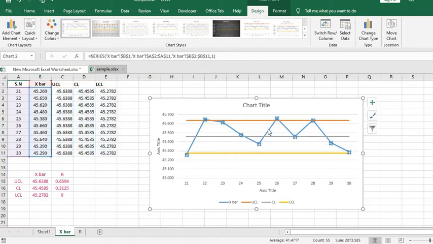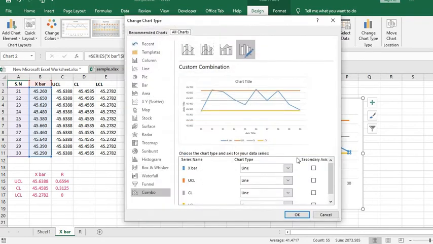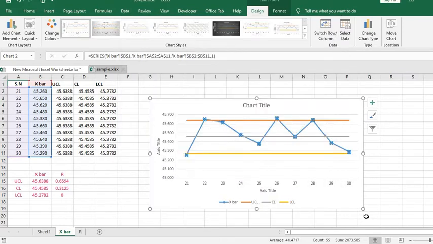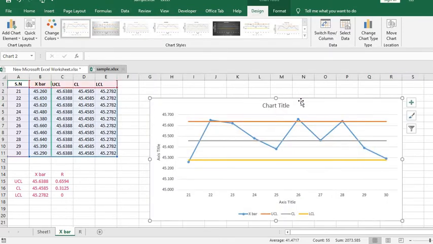So we change the chart type to a line chart with markers so we can see the points easily.